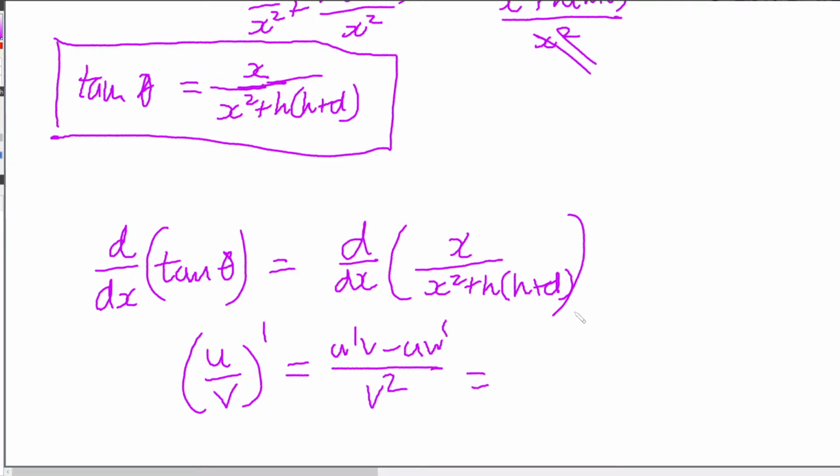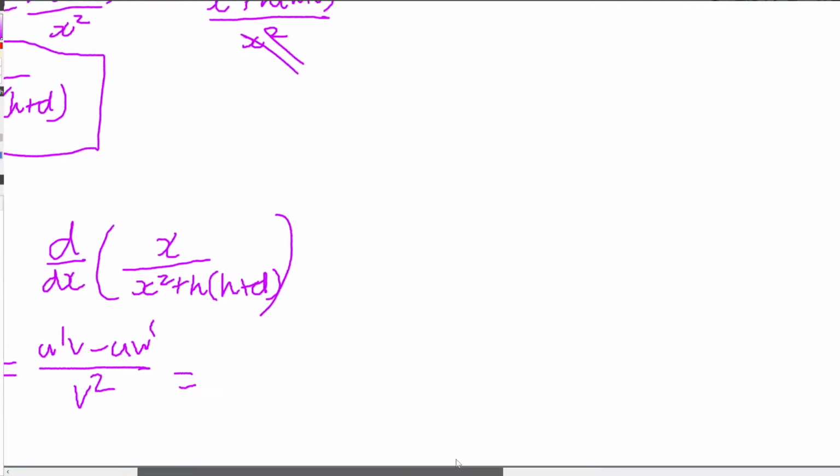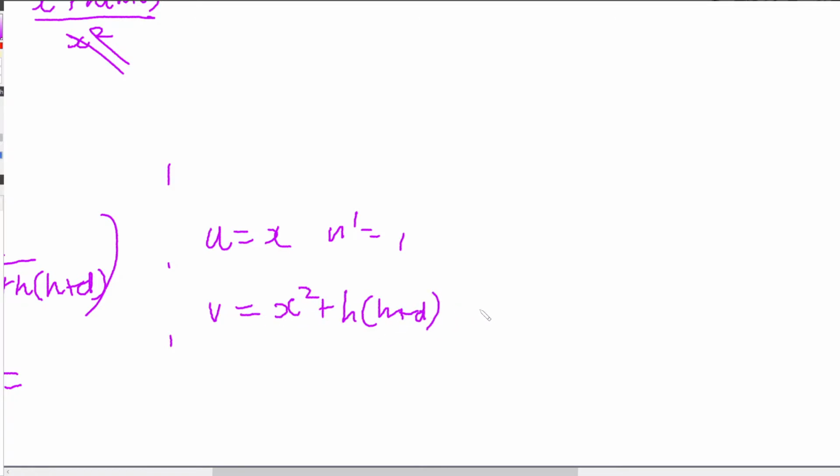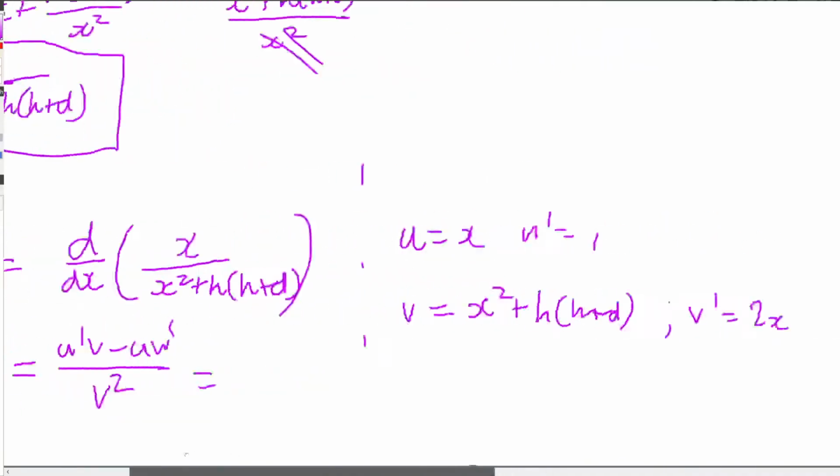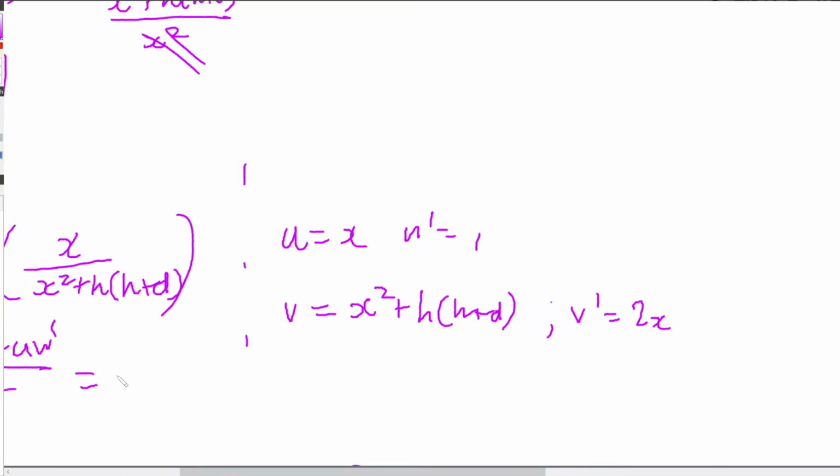So if we reserve a little space here, u is equal to x, u prime is equal to 1. V is equal to x squared plus h times h plus d, but v prime is just 2x because the constant term disappears. It doesn't vary with x. So the differential is